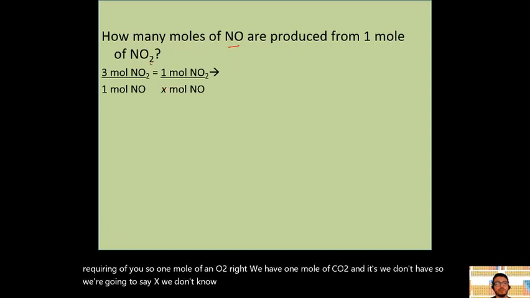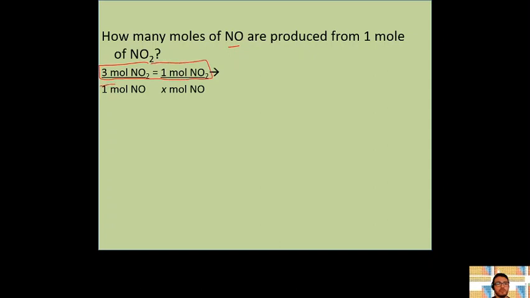Notice that whenever you set up a proportion, and we'll continue practicing this in other examples just to drive the point, all of the units at the top are the same: mole of NO2, mole of NO2. All of the units at the bottom are the same: moles of NO, moles of NO. It just makes it easier for these proportions to work. Okay, so now that you set up this proportion,